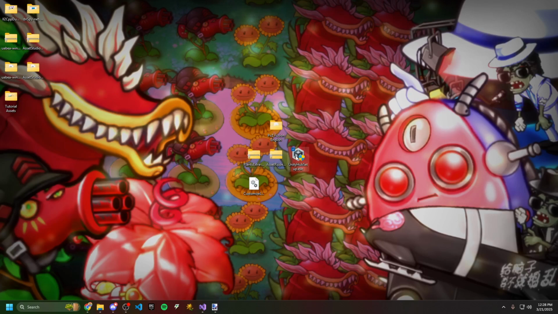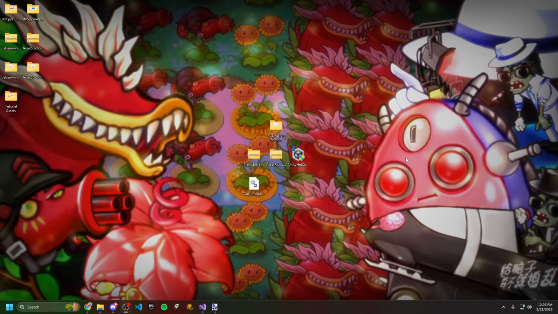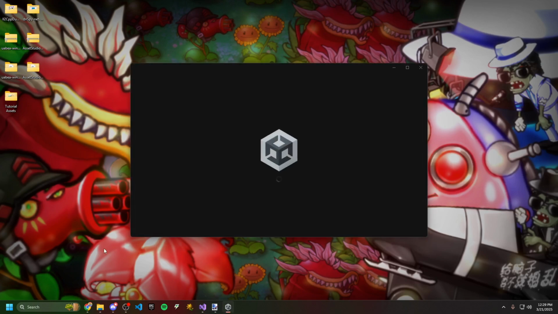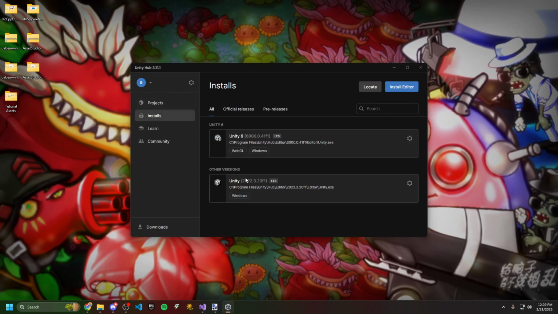I'm just going to go to this. You're going to need Unity, the actual game engine that was used to make Plants vs. Zombies Fusion. So you're going to have to install Unity Hub, which shouldn't be that hard. It's pretty simple. You just go through this, and once you have Unity Hub installed, just give it a second to load. You're going to want to install Unity